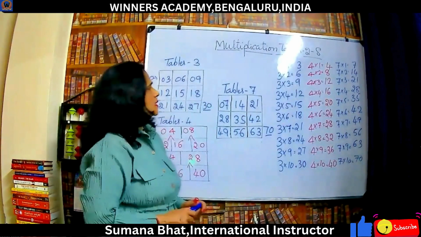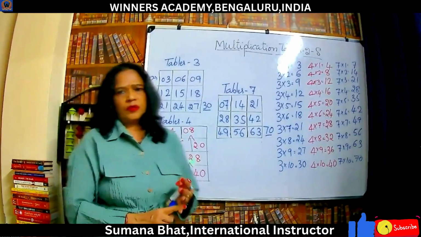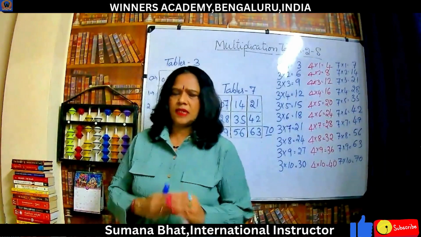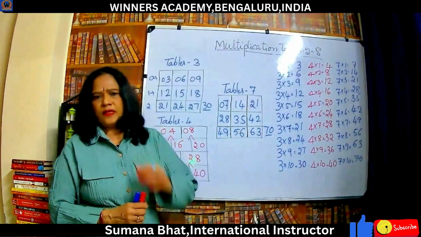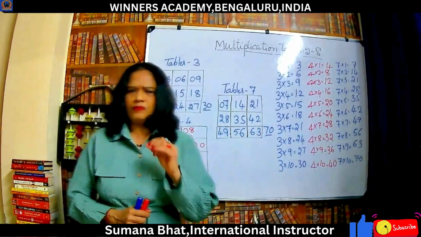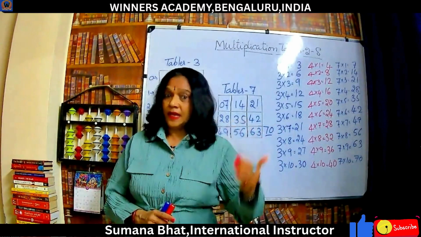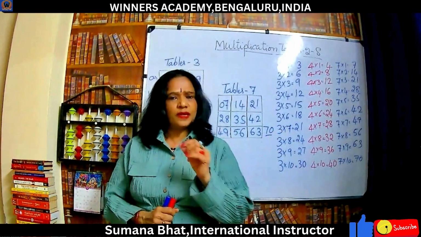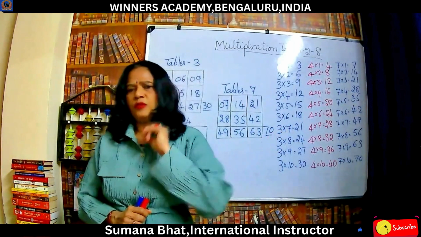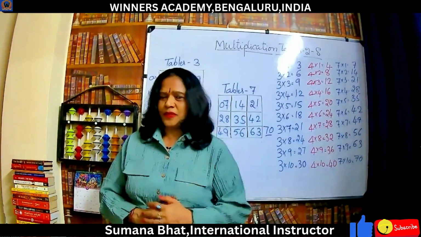Isn't it? See, like this, we can write the multiplication tables for basic numbers like 2 to 9. But 9 I have not written. To write the tables of 9, there is a beautiful way. Not only for 9, 99, 999, 9999, also we can write by using a beautiful trick that I'll show you in the next video. Till then,